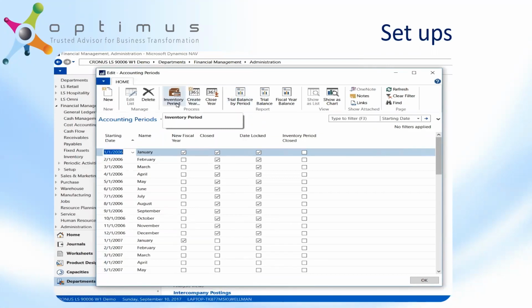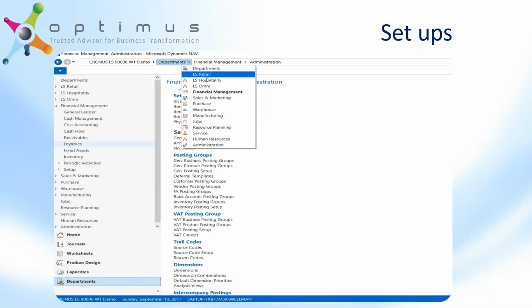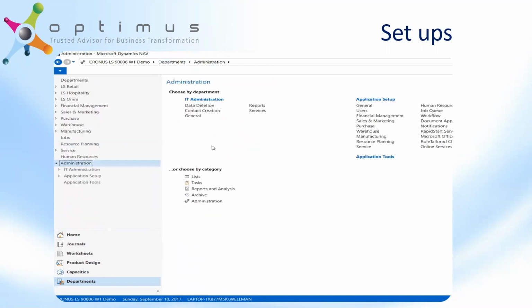We can create and close a year, and we have an inventory period, which is related to these fiscal accounting periods, but we also need to close it separately. It's a separate process, your inventory. This is just for you to see this window, for those of you who are seeing it for the first time. So once we understand that we have financial and inventory periods, we would like for all our users,